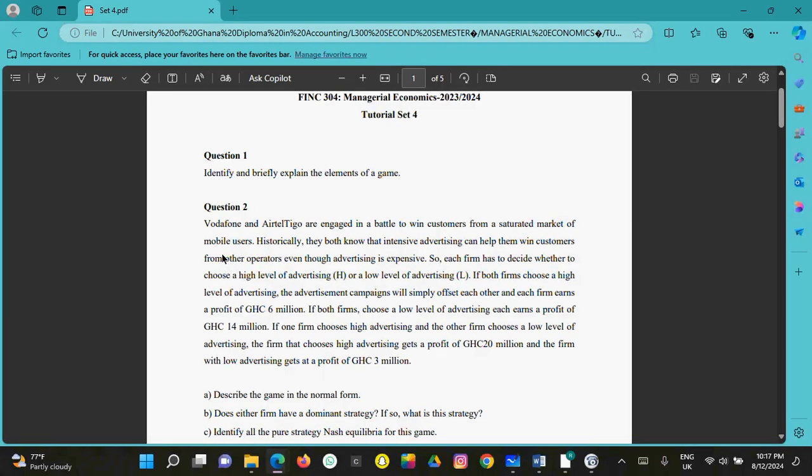Question 2 here is where we are coming to apply the real game theory. Vodafone and AirtelTigo are engaged in a battle to win customers from a saturated market of mobile users. Historically, they both know that intensive